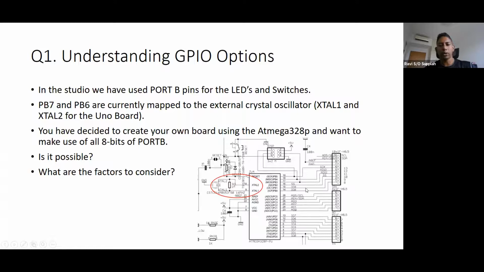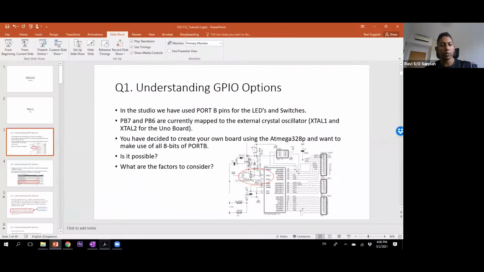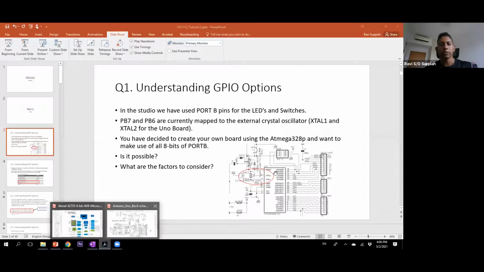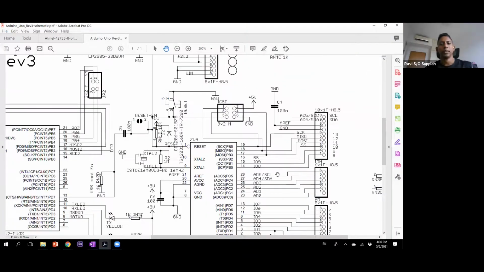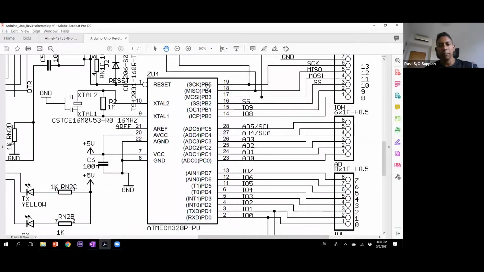So if you look at your port layout here, maybe I can zoom into our schematic here. Okay, so if you look at your schematic, you will see that port B only has 0 to 5. That means I only have 6 pins available. I don't have pin 6 and pin 7.